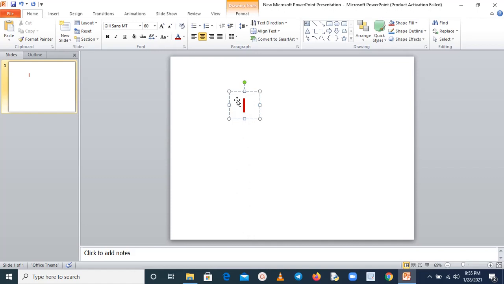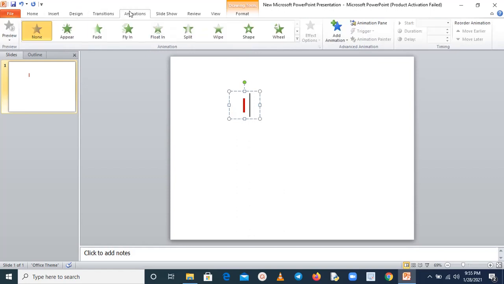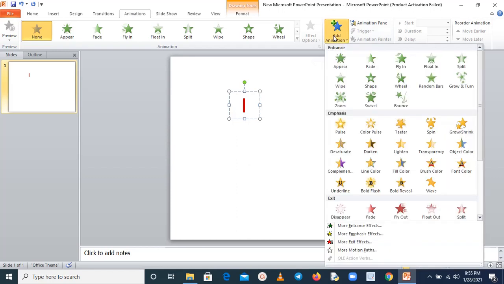This is the first number. Actually I am going to show you in increasing order, means 1 2 3 4 5 6 7 8 9 10. If you want to show in decreasing order, firstly you have to take 10, then 9 8 7 6 5 4 3 2 1. Now you have to implement animation. So click on animation. Here you can see add animation. Click on this, and firstly you have to select entrance.